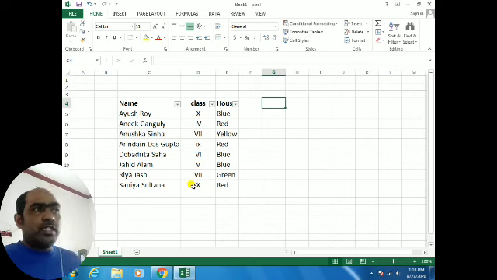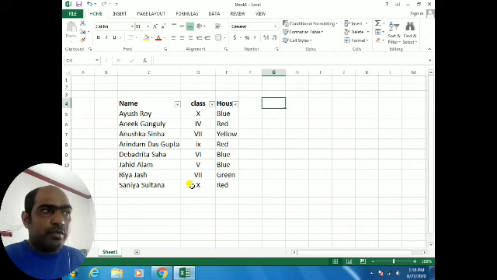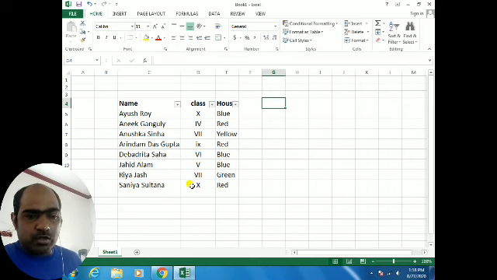So these things are called the filters. You will do practice in your home. Afterwards I will show the steps how to do it, and you will write them in your copy. First of all, you see and then you will write in your copy. If you see the proper steps, then you can easily write. So I hope you understood this class. You will do practice and write in your copy. Okay, so thank you.